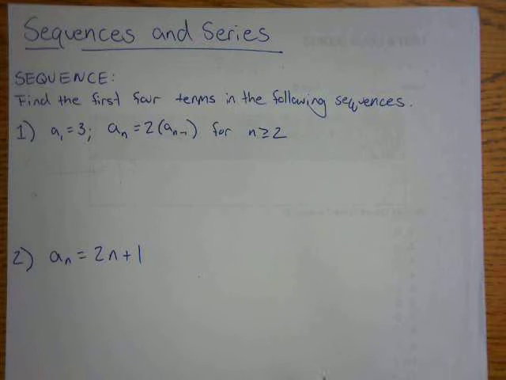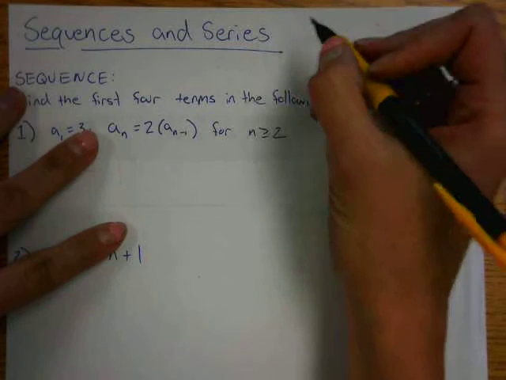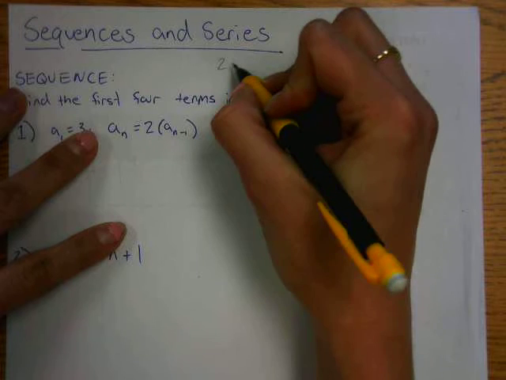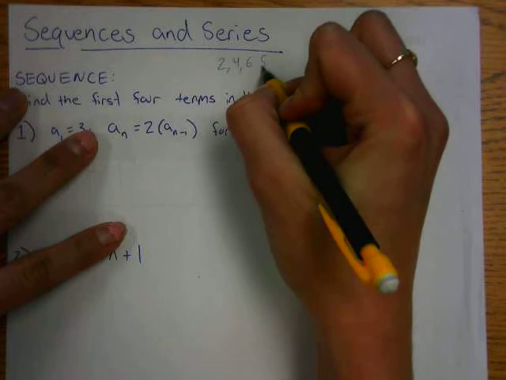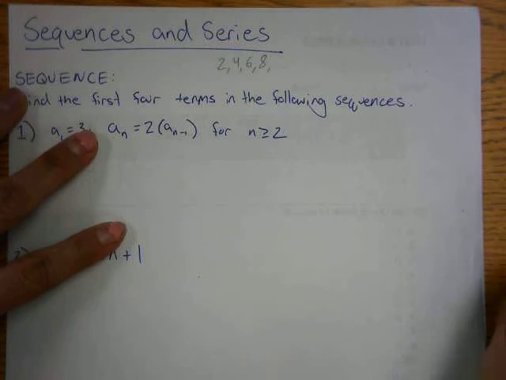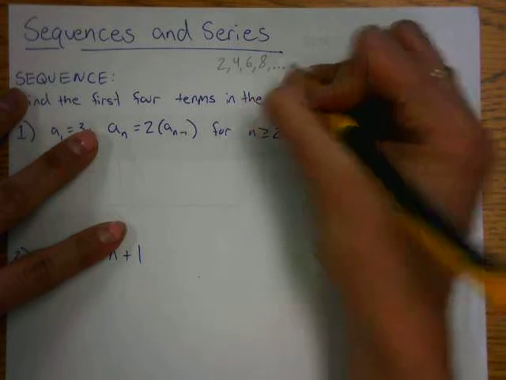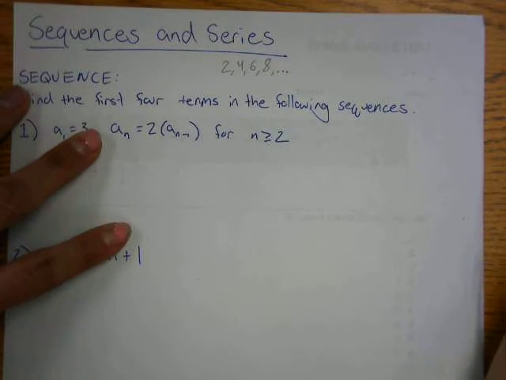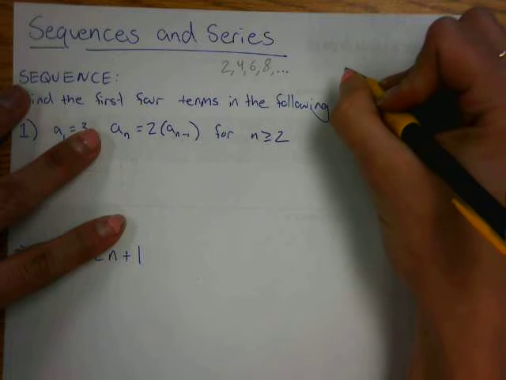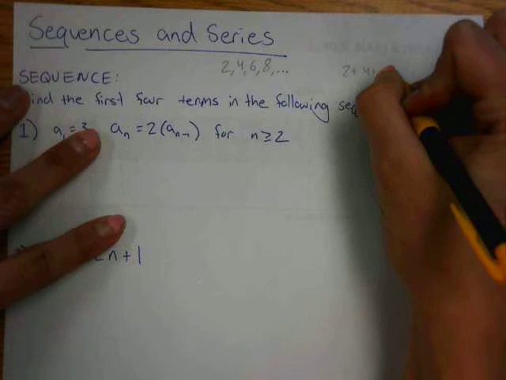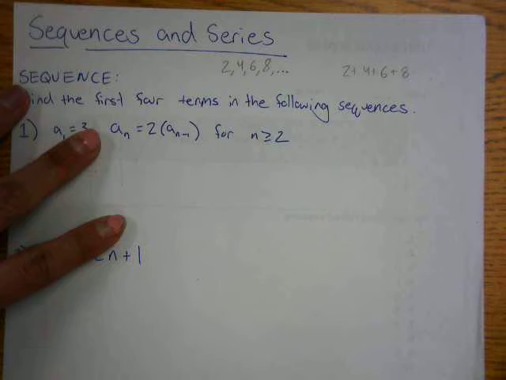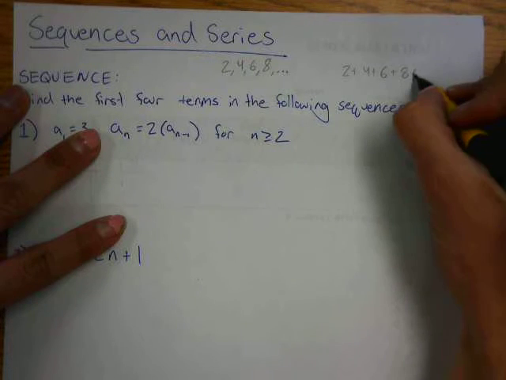Just to remind you, a sequence is an ordered list of numbers, and a series is an indicated sum of the terms in a sequence. So if I have a sequence, it's just an ordered list of numbers. So for example, I could say 2, 4, 6, 8. And it can either be finite and end, or it can be infinite and continue forever. And a series would be the sum of that sequence, so 2 plus 4 plus 6 plus 8. This would be a finite sum, or the fourth partial sum,